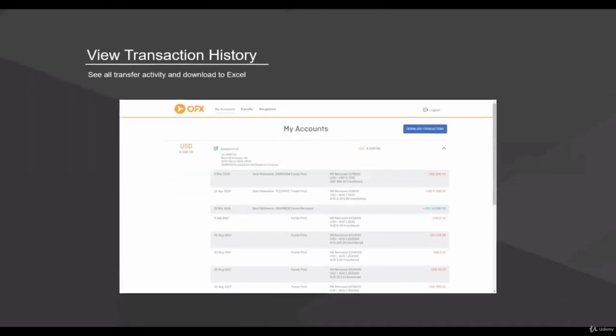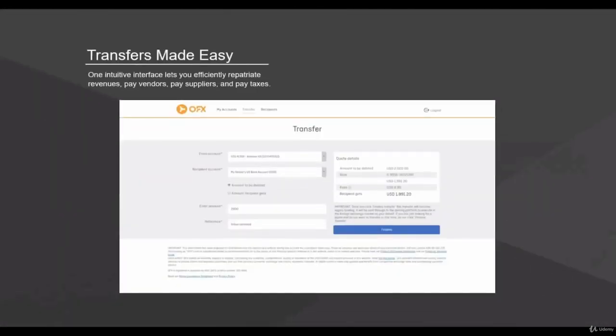So OFX, a little bit about what we do. We just move money. We do it really well. We've got offices all over the world. We can set up bank accounts in all the major currencies that I mentioned. And we move it really efficiently. So we hold money everywhere, not everywhere, most places. So if you want to do a deal from euros to dollars, if you have an account with us, we will buy your euros and we will send dollars to you at a better exchange rate than you're going to get from the bank,